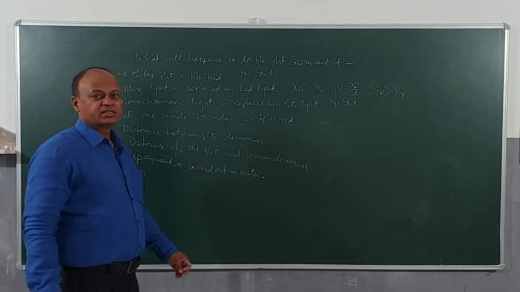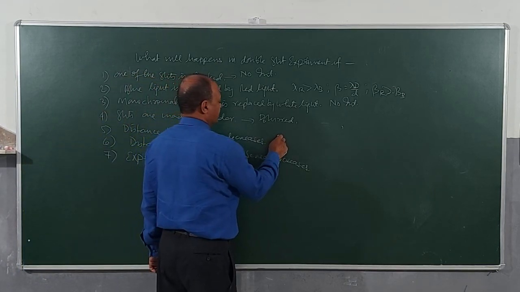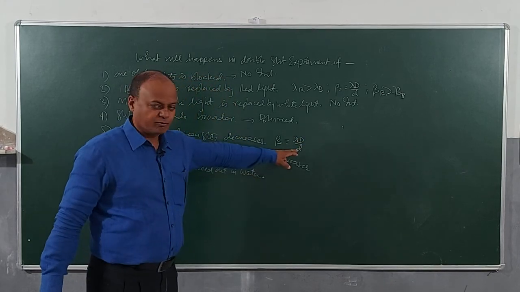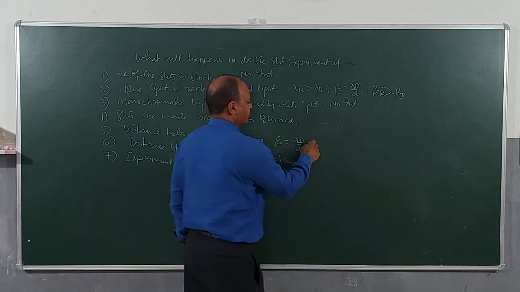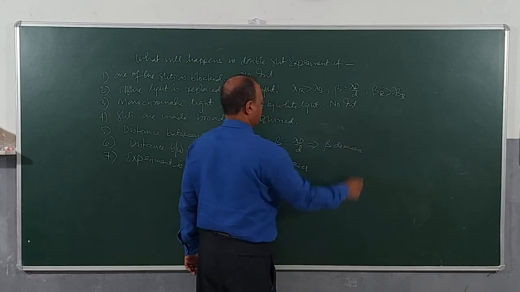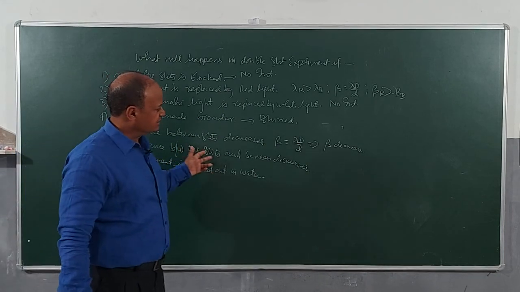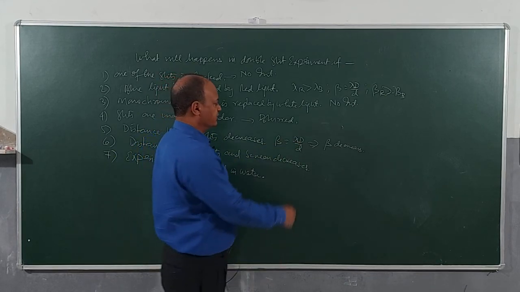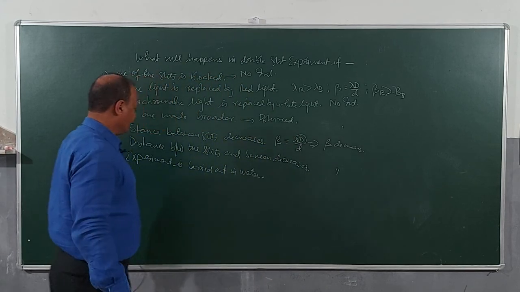Distance between the slits is decreased. Now, if you decrease the distance, then beta is equal to lambda D by d. So if you decrease the value of small d, then the fringe width will what? The fringe width will increase. Clear? Now, the distance between the slits and the screen decreases. So if capital D decreases, then beta will decrease. Same conditions, same outcome will be seen.